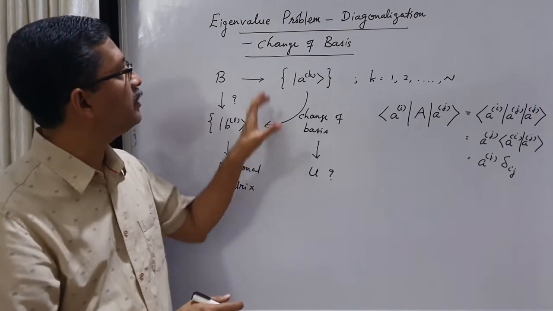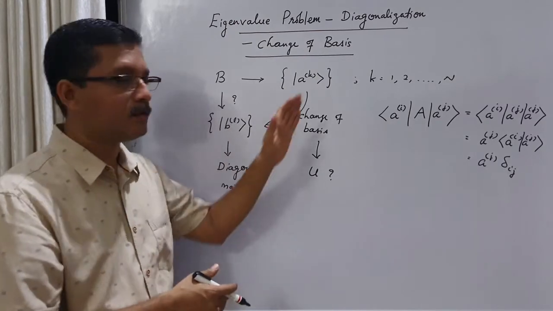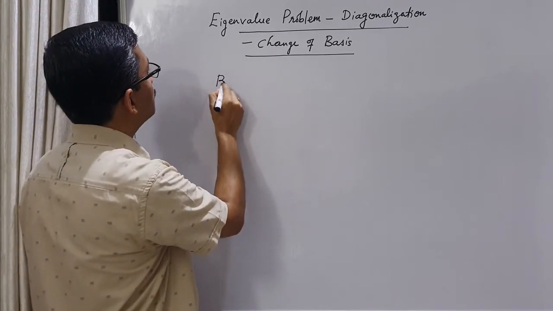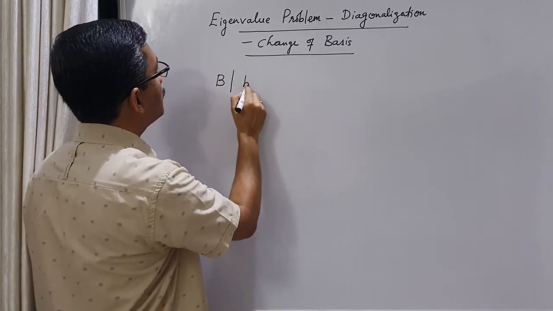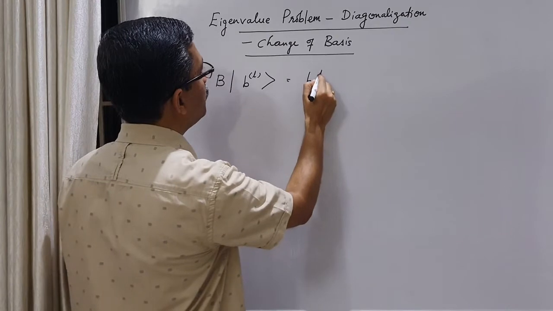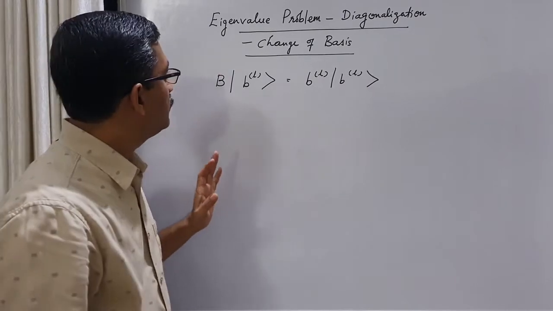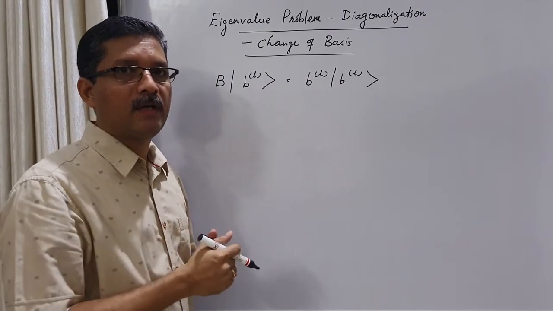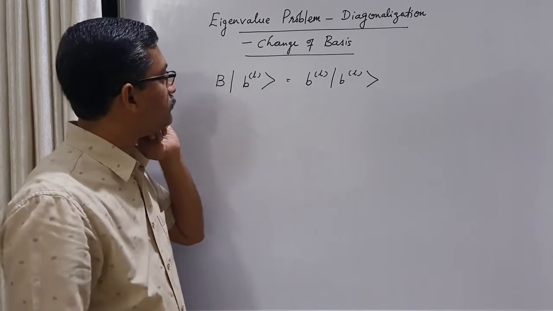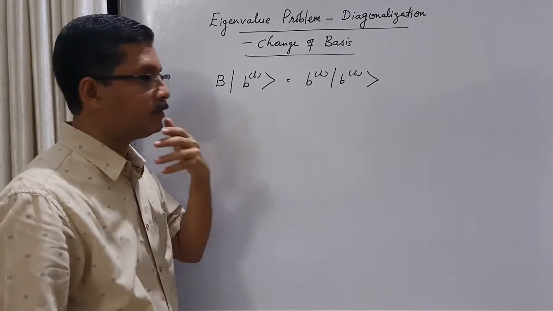What is the connection between this diagonalization and change of basis? How can we construct a proper unitary operator for this change of basis? The eigenvalue equation for B is, let us say, operator B acting on its eigenkets, ket BL, equals some eigenvalue BL times ket BL. If we finally solve the eigenvalue equation of B, we will get this. This is an eigenvalue equation for operator B. Remember, we don't know what these eigenkets or eigenvalues are. We want to find that out.